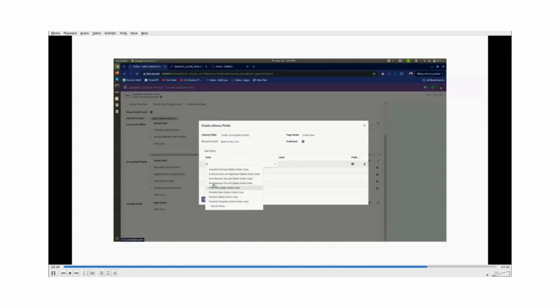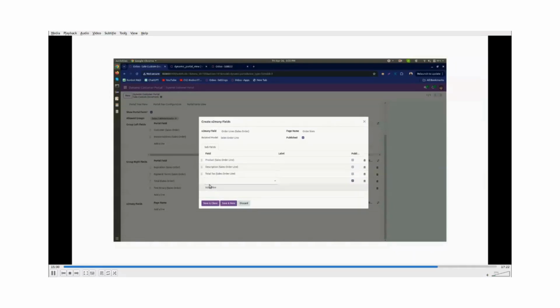Subfields: products, description, and tags. Let's delete it.